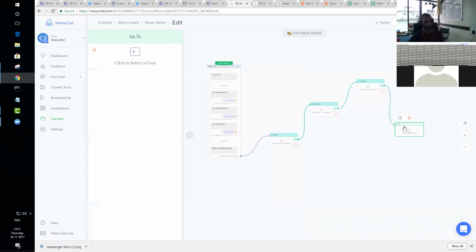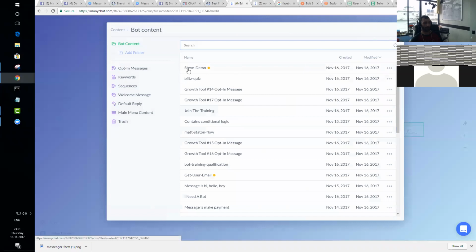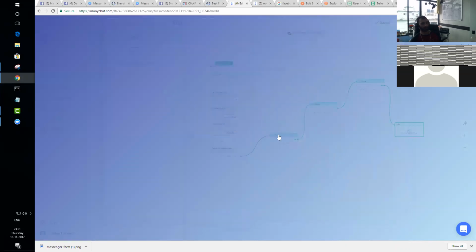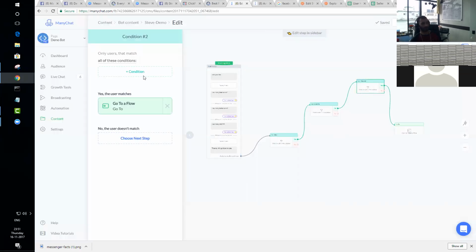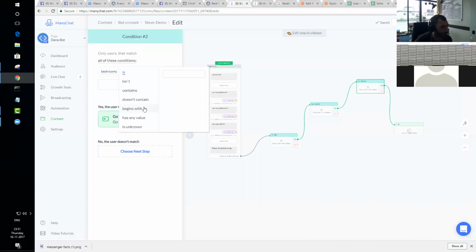So here is how this would work. We would go in and create these actual flows here. We would create a flow for 3 bedrooms, 2 bathrooms between this price range. Now we can use that to pattern match. In this, we can go in and say, let's say bedrooms is